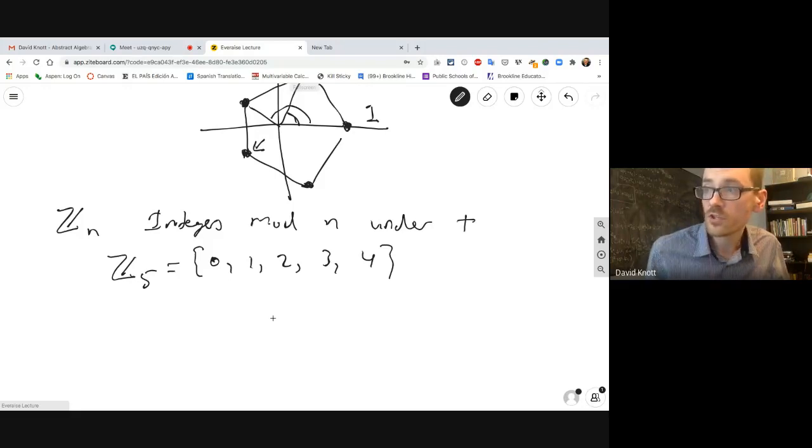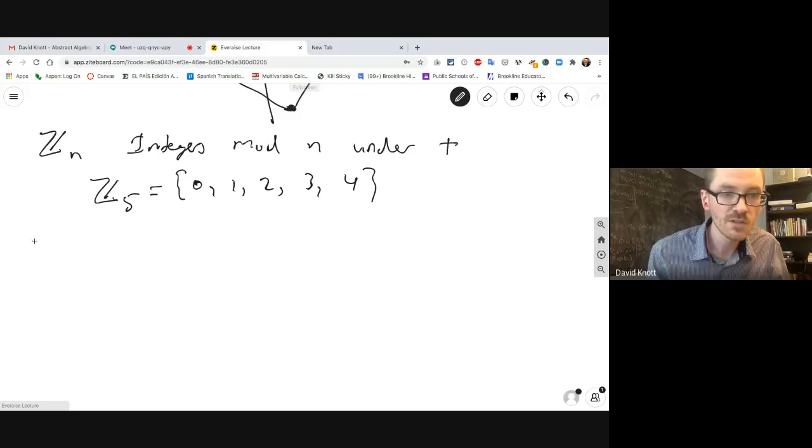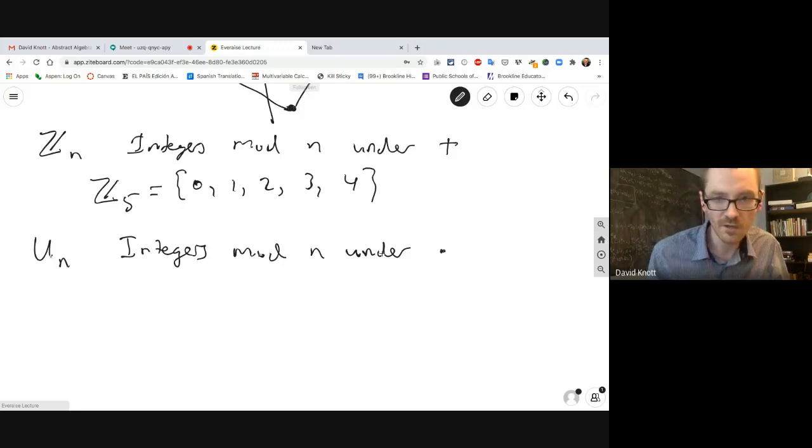Now, finally, one more example, which is going to be a source of many of the investigations that we'll look at today, is a related object, which is U sub n. And this is the integers, well, I have to qualify this in a second. The integers mod n under multiplication. Now, I have to qualify this because if you just write down all the integers from 0 to n and look at multiplication modulo n, that actually won't form a group. In general, things don't have inverses, okay? So for example, if you just considered under mod 4, the elements 0, 1, 2, and 3, what you'll find is that 2 doesn't have an